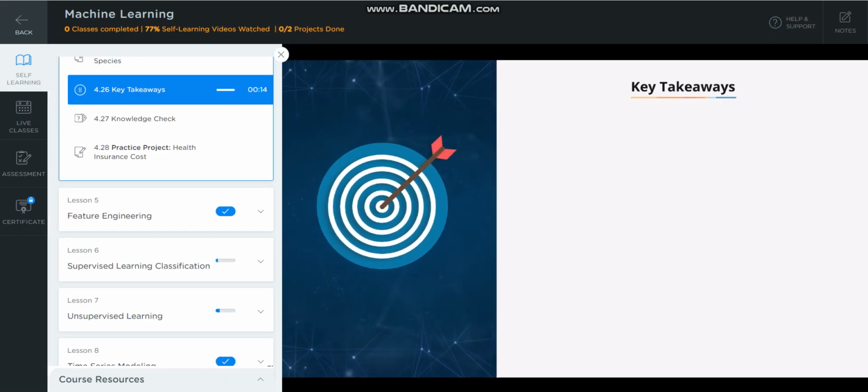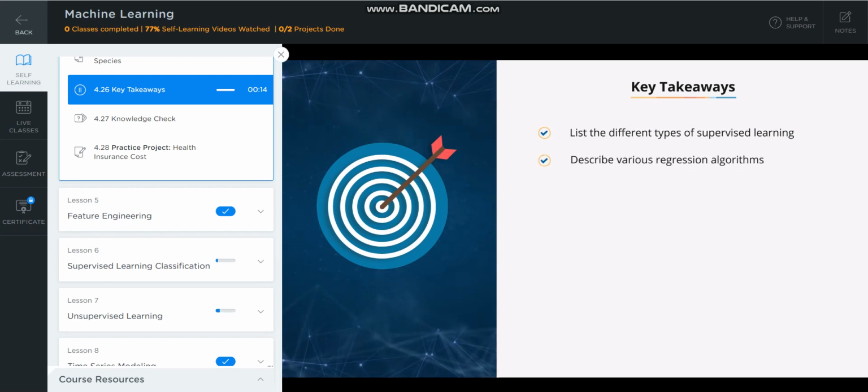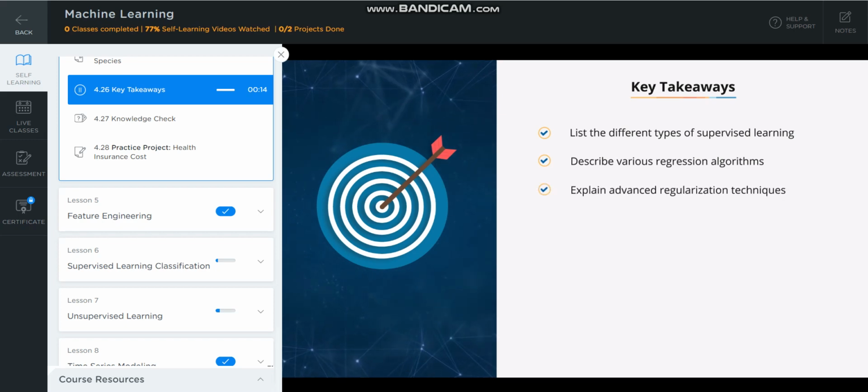To the end of supervised learning. You are now able to list the different types of supervised learning, describe various regression algorithms, explain advanced regularization techniques,